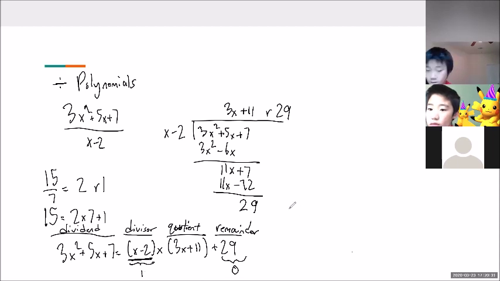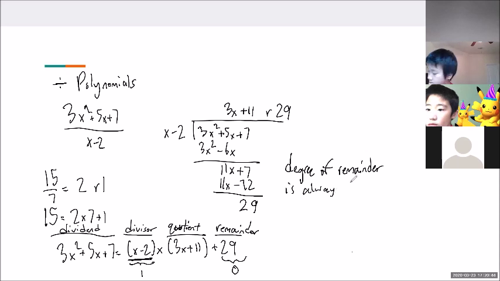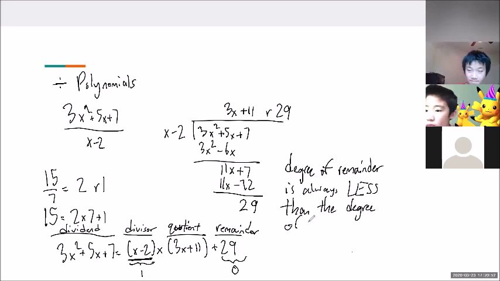Degree of remainder, let me write this down. So degree of remainder is always less than the degree of the